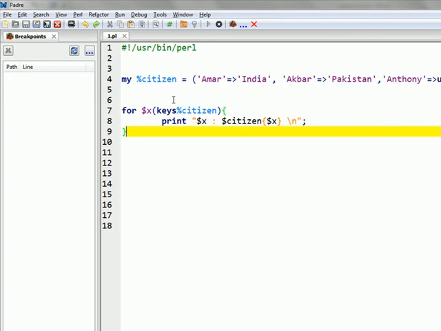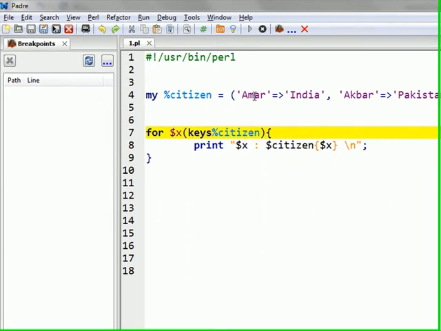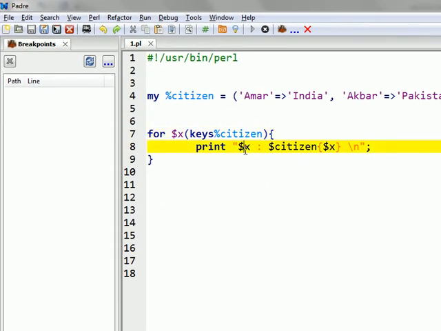When I collect the keys of %citizen, what will happen? The keys will be collected inside this bracket. So what will it contain? It will contain Amar, Akbar, Anthony. And when I use $x, first it will be assigned Amar.